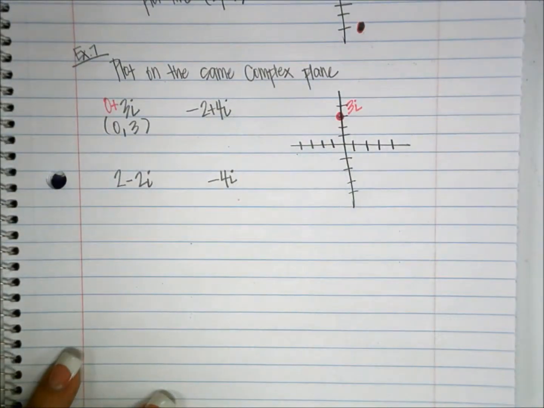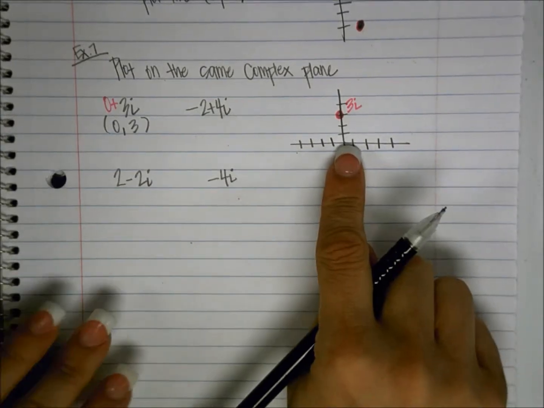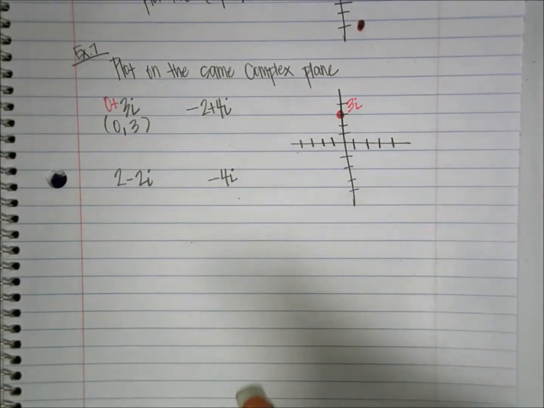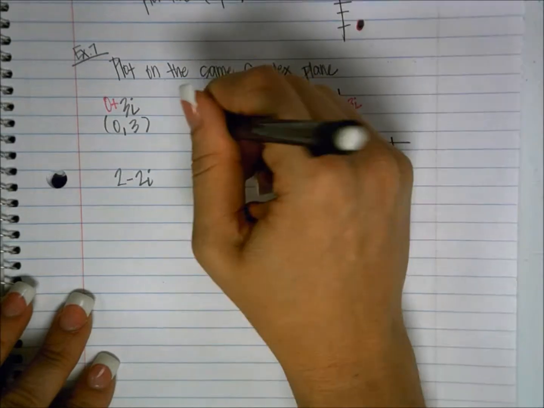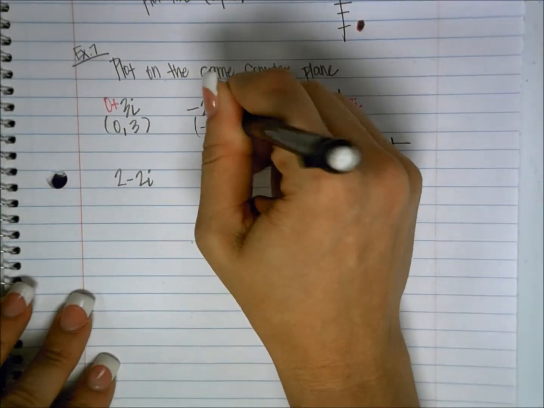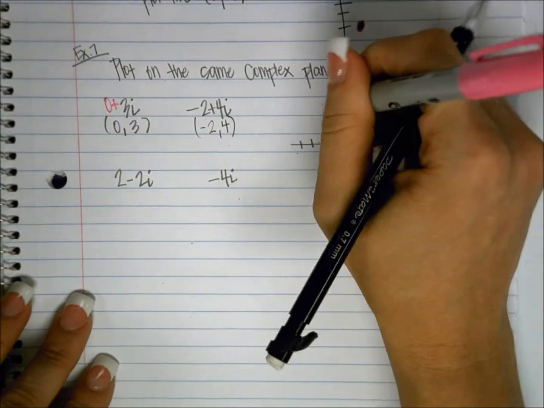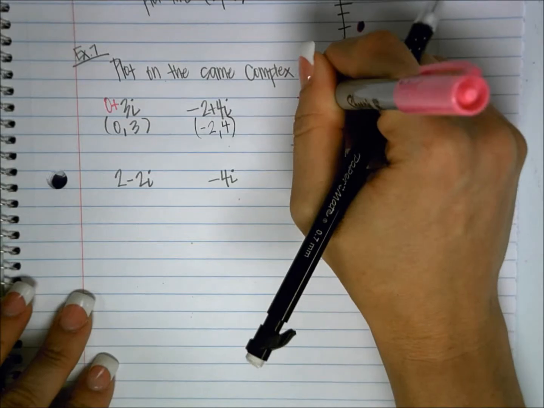Be very careful, because even though we're up to Algebra 2 now, a lot of you are still having trouble when you have a 0 in there. People still put it on the wrong axis, so be careful there. This one would be plotted as negative 2, 4. So left 2, up 4. Label it, please. So this is negative 2 plus 4i. Now, notice